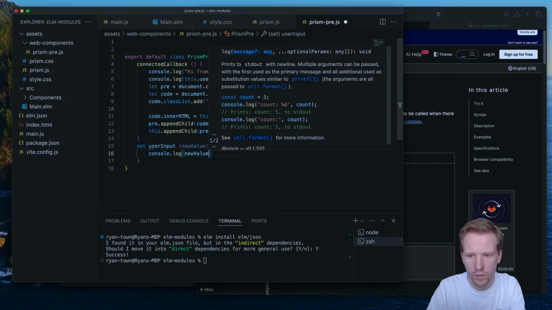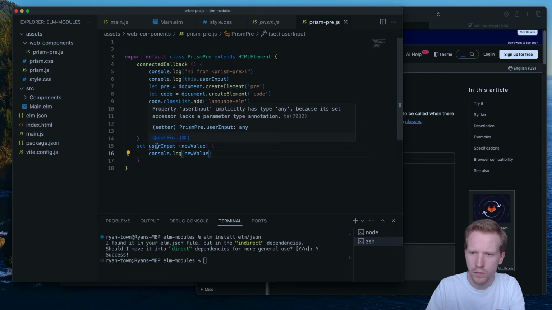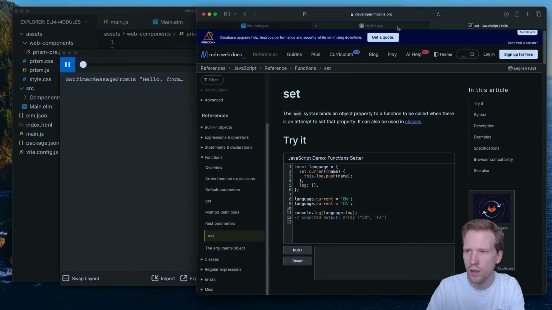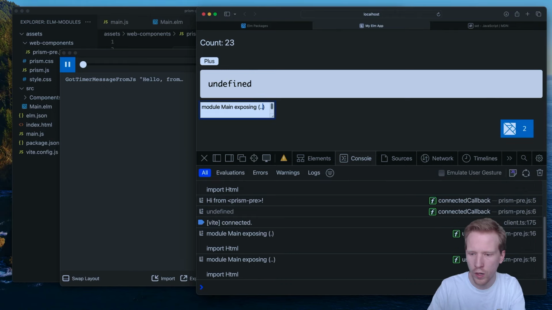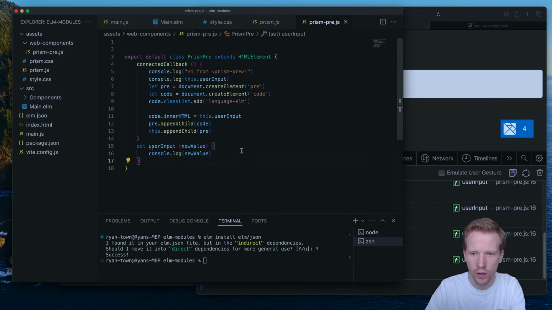Console.log new value. That's right. Yeah, it's okay. Let me see if this actually works. Undefined, and then as I type, okay, cool. So every time I'm typing, we're getting that event, and all we have to do is basically just re-render this